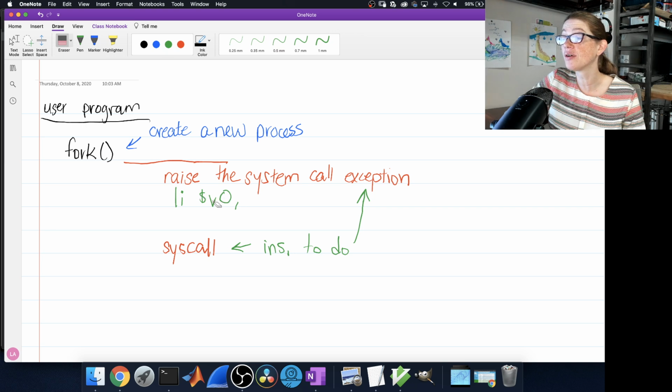So what I'm going to do is into register v0. Oh yeah, that's fun. Thanks for crashing